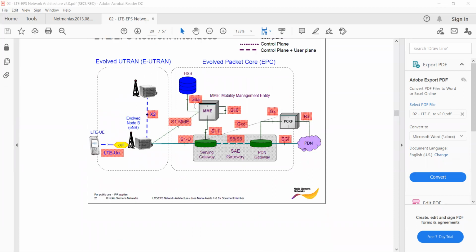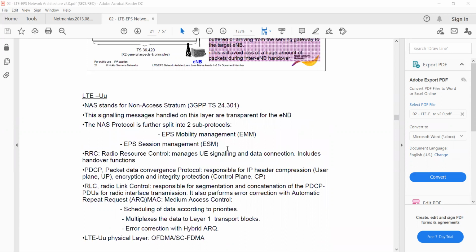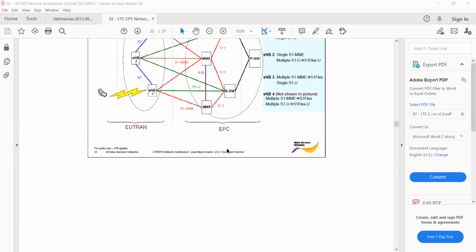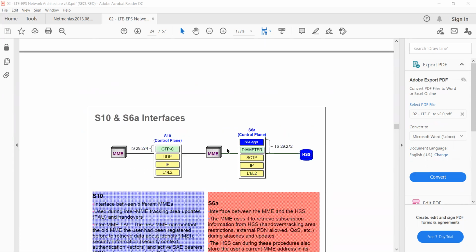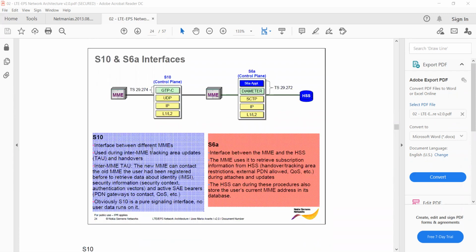So the next interface in our architecture is... S1-MME, S1-U, S6a, S11, S10. So many are there. As per the architecture, you have to practice architecture and interfaces, as they may ask you in the interview for the first round. So this is the S10 interface. S10 is very simple. It is used in the inter-MME case, when the old MME, new MME concept comes.